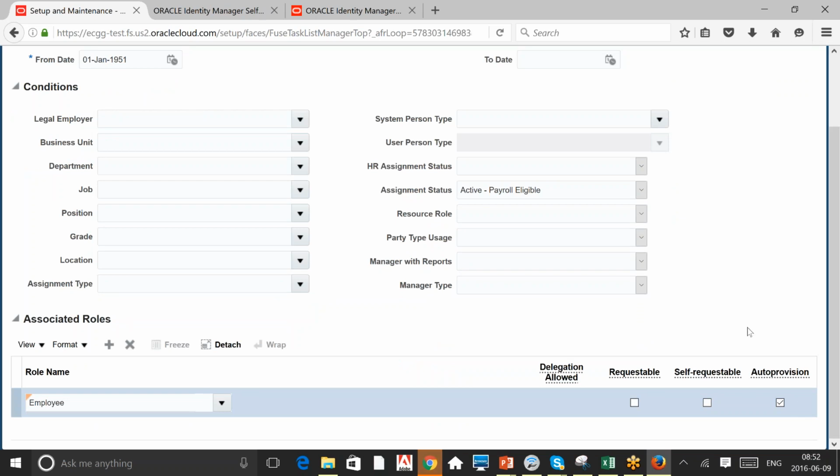So this is for the employee role. So you can choose the role name as employee. And then you have to check this auto provision option. There are two more options, requestable and self-requestable. Requestable means